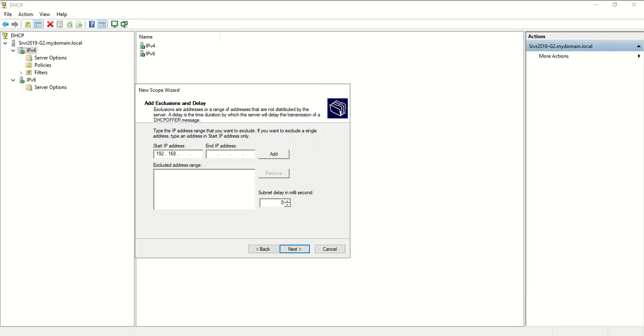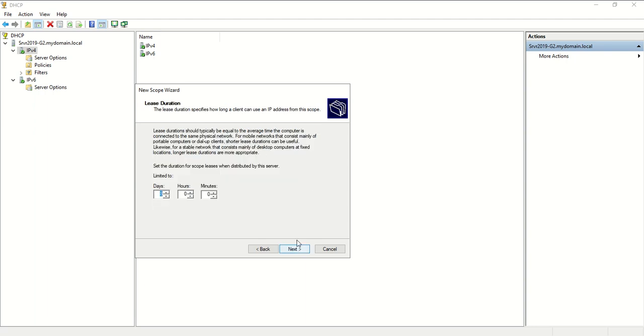So I'll go ahead and add that, 192.168.20.1 to .20. It gives you a description here that the excluded IP addresses will not be offered to any clients. Then go ahead, click next, and leave this as the default, the lease